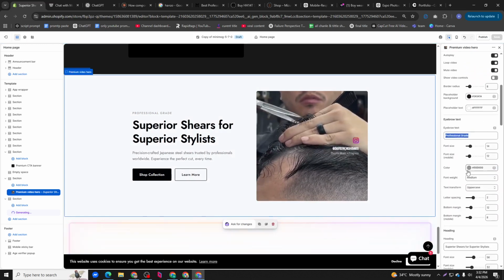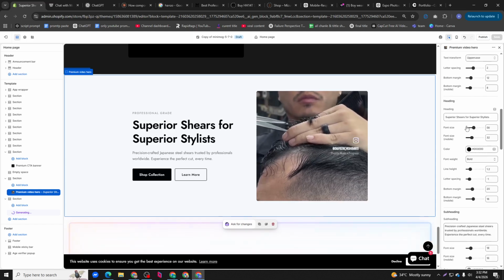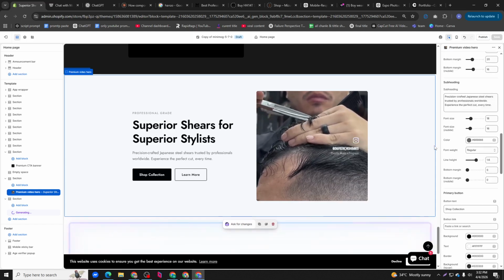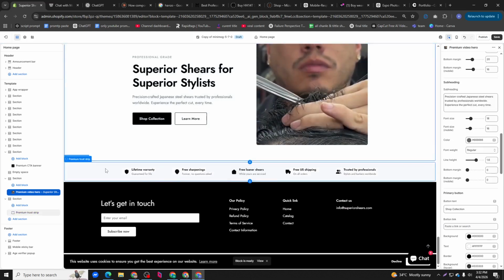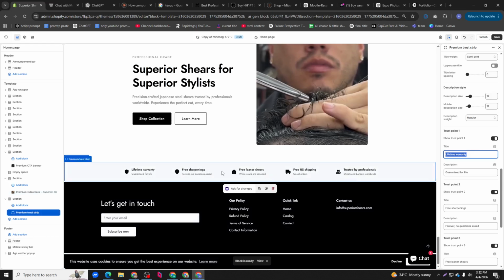Okay, so if I go into it, I can edit the text, I can edit this heading, whatever I want, I can definitely change that. Okay, so it's pretty good. Okay, so now you see our section is actually generated. It's really pretty good. That actually builds trust with the customer.